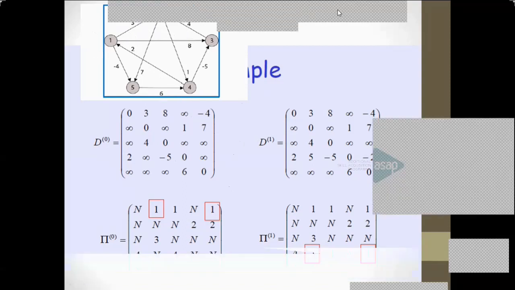D is actually the distance and pi actually represents the predecessor. If it is city A to city C, then who is the predecessor before C? Before visiting C, where were you? Suppose A to C is via D. ADC is the shortest path. Then the predecessor of C will be D in the shortest path. Therefore, pi will be showing you the sequence of predecessors.